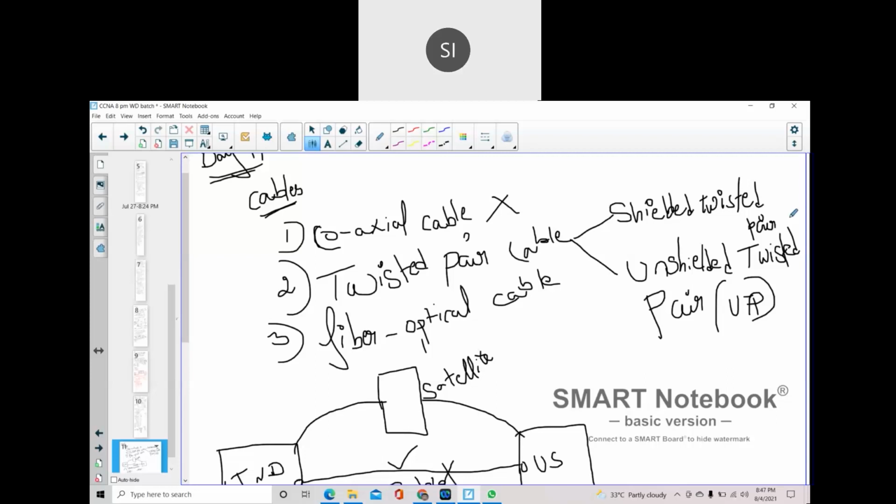In coaxial cable, what I said, it's a single copper wire, correct? Twisted pair means 8 copper wires, both shielded and unshielded. Have you seen the 8 copper wires in the LAN cable? What colors are there in the LAN cable?